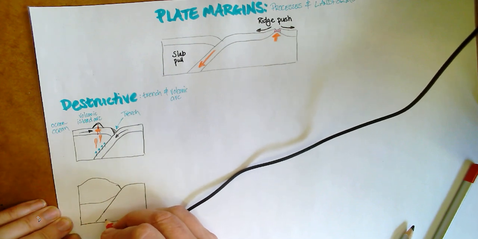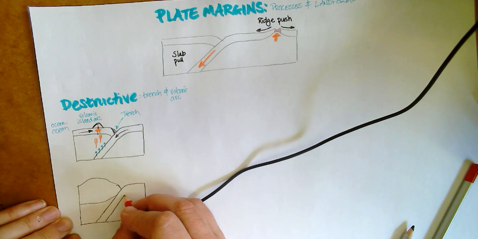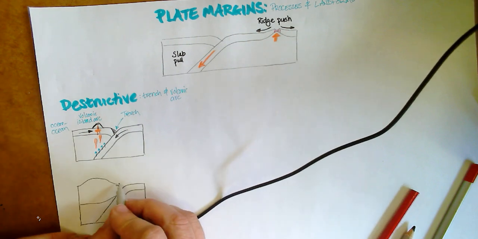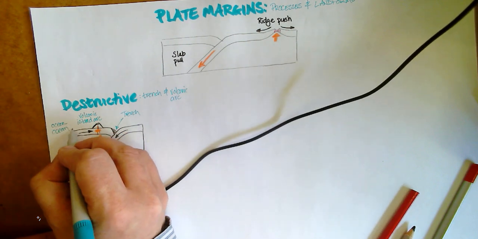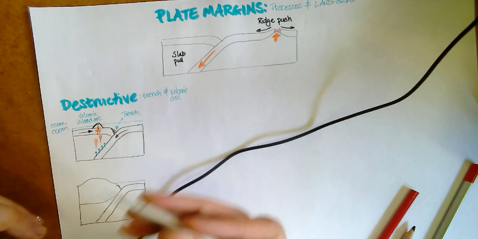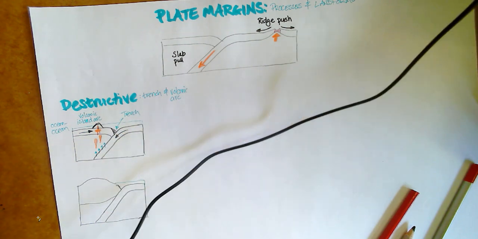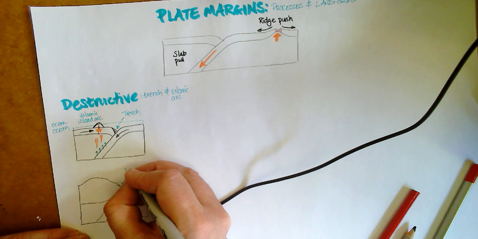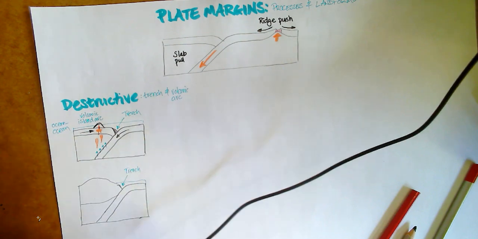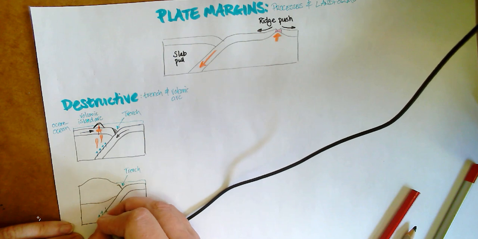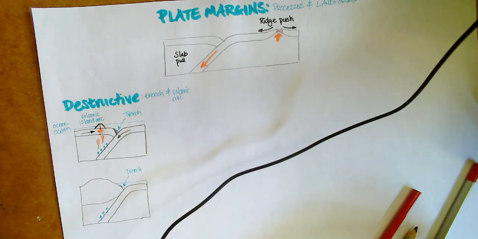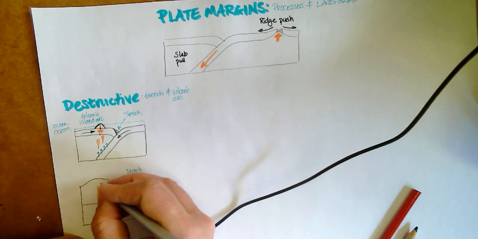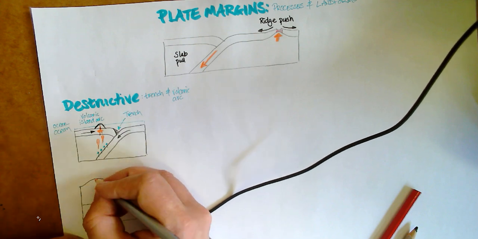Despite the name destructive plate margin, the plate does not melt. There it is there. And we'll just put in the water here too, because this is ocean, just for completeness sake. And a lot of the processes are very, very similar. So the process that forms the trench is exactly the same as above. The process that forms the volcanoes on top of the mountains is exactly the same as above. You get your diapirs of magma come up into the crust, magma chamber, and then will erupt at the surface